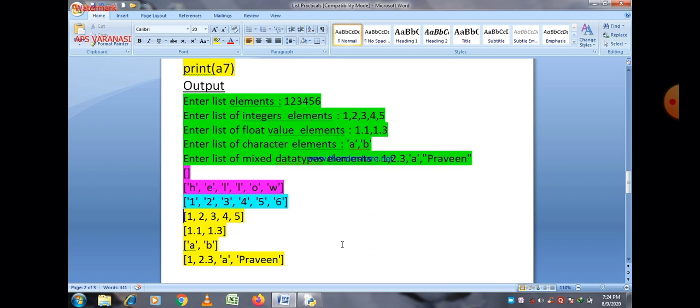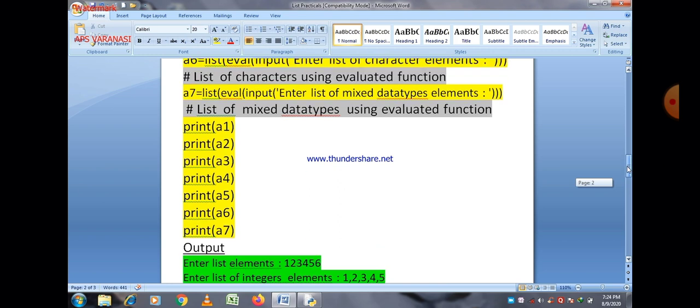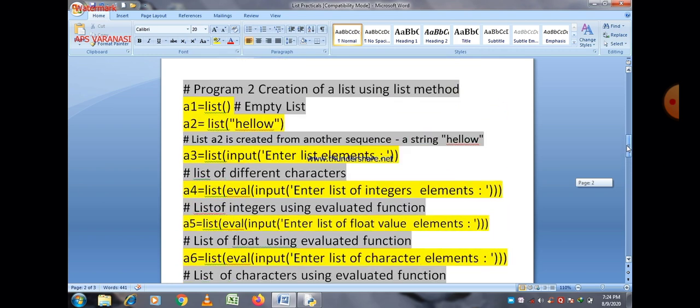After that you can see the yellow part, which is using the eval function. So 1, 2, 3, 4, 5 is the first line, and here we just give different elements of integer type only. You can see here using the eval function.